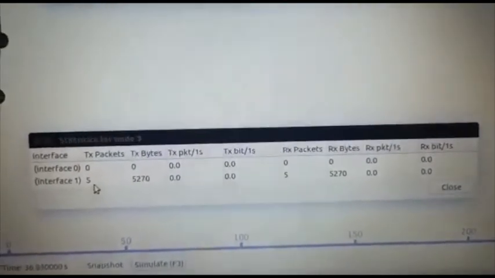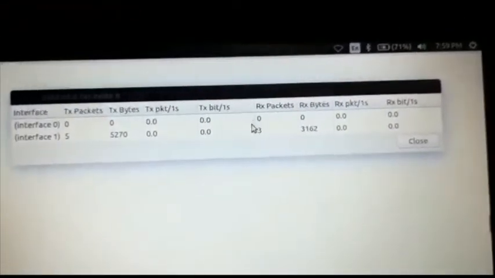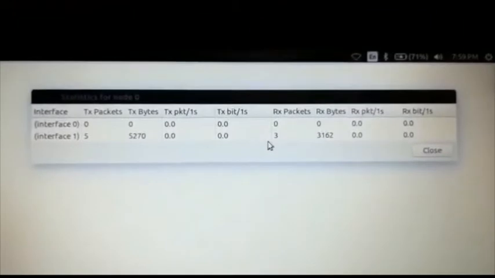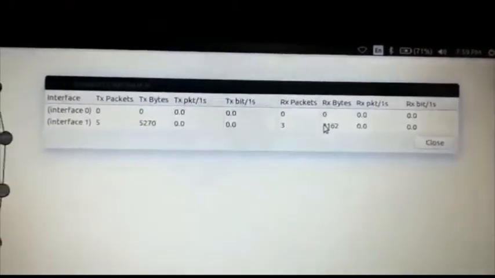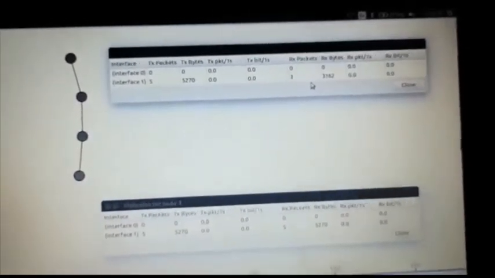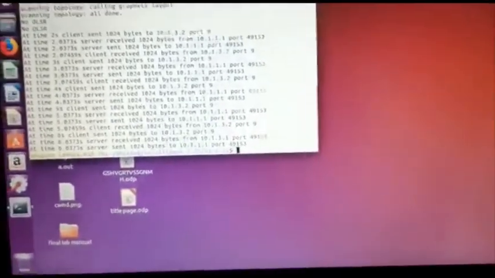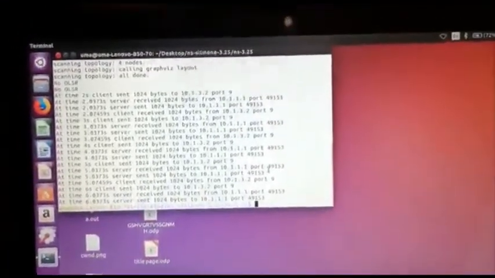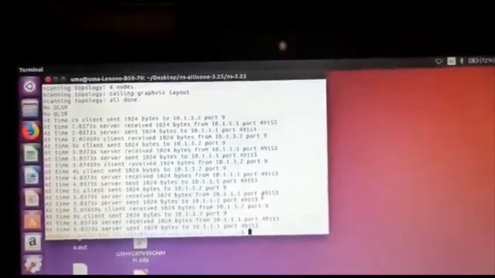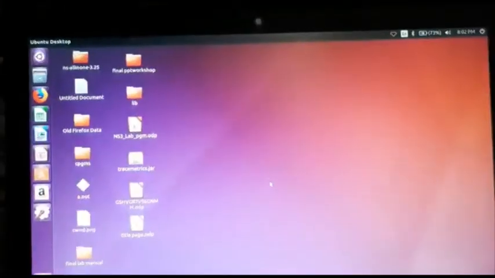Though the server has transmitted 5 packets, the client has received only 3 packets, as you can see here, which means 2 packets were dropped in transition. Okay, we have chosen an error rate for the channel, so there will be some drops. So this is how you will observe the PyViz output, or the Python visualizer. So I'll just close this. So let me stop this video here. I'll show you the trace metrics in the next video.